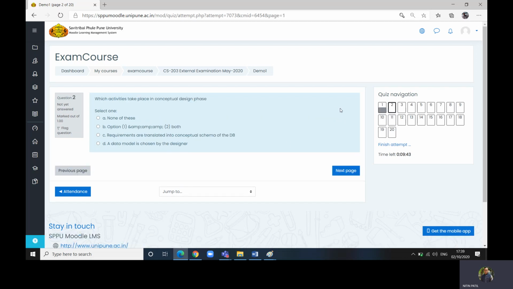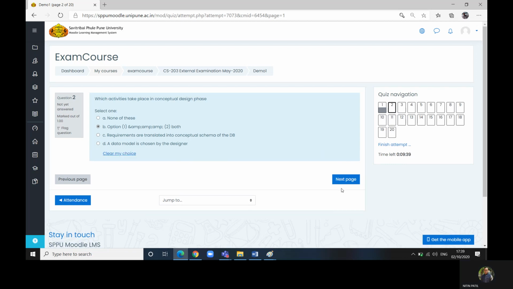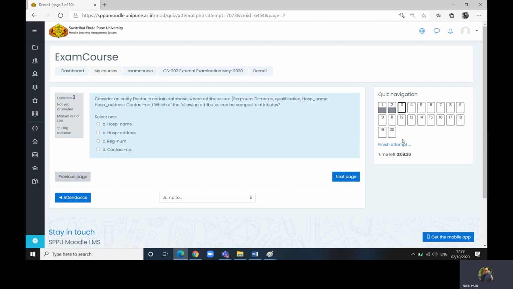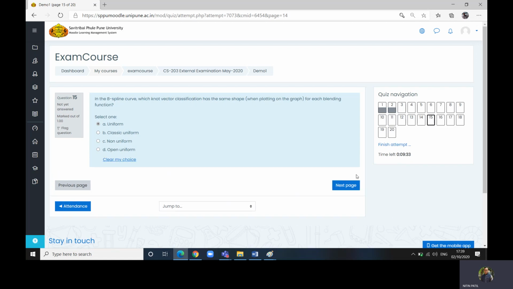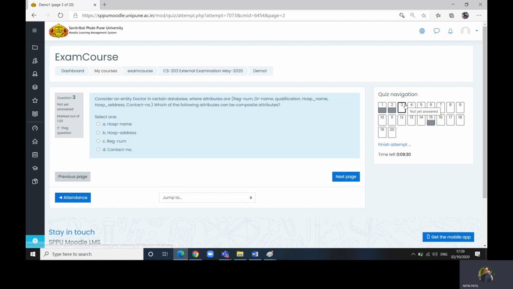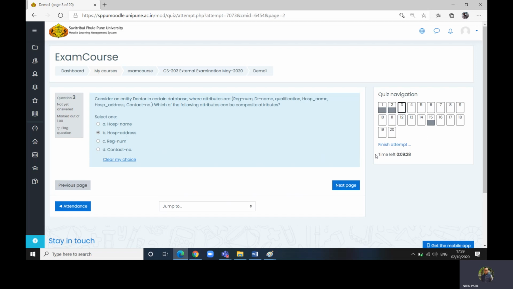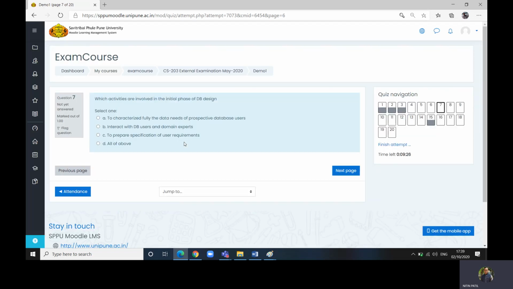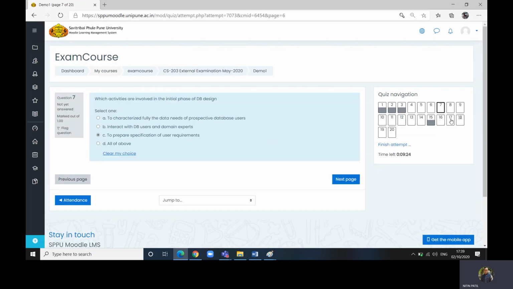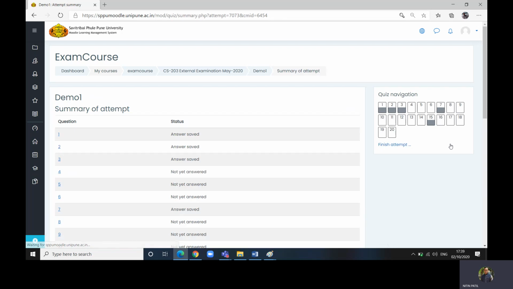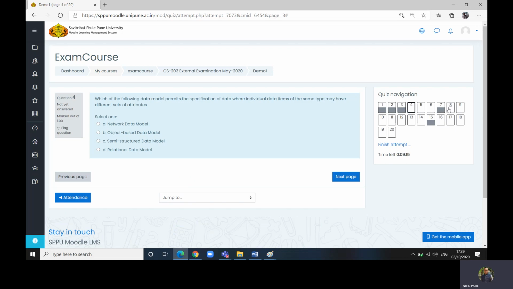I will go with next. So when you attempt a question, this would be shown to you. When you go to next question, you can click on. Subsequently, you can jump to any question, it is permitted, so not a problem. Okay, so you can click on the options, whatever the options that you want. Okay, and so let us assume that I don't want to solve the rest of the questions. Okay, so I will click on either of the questions, say for a while,